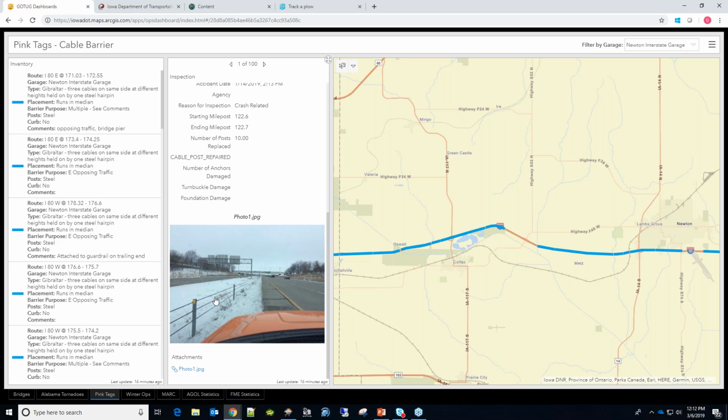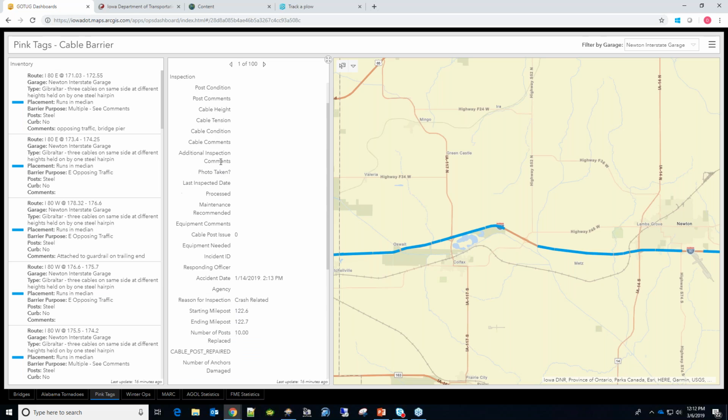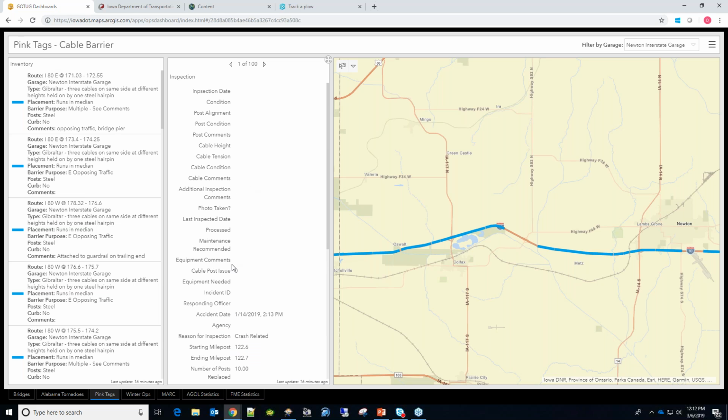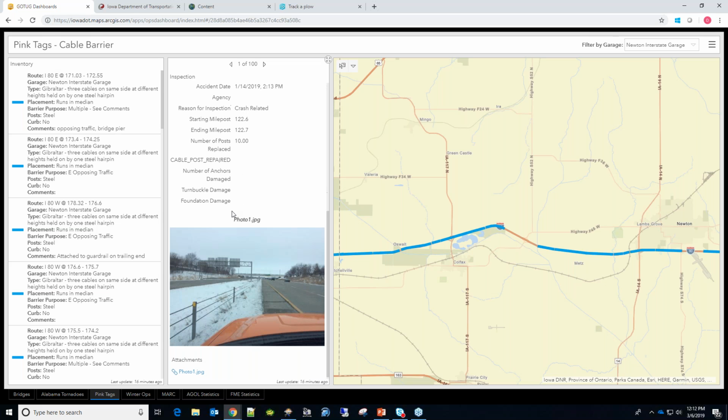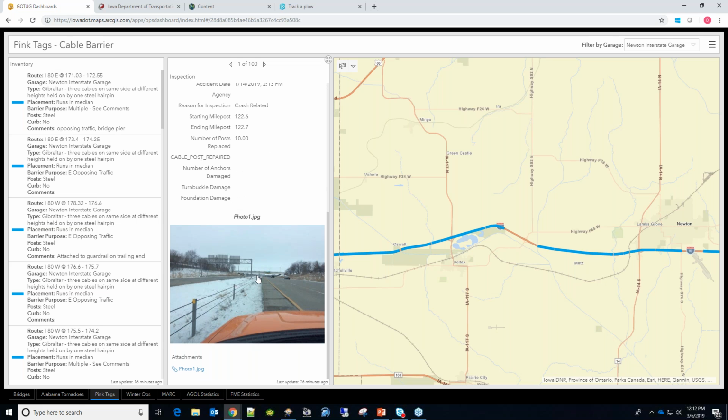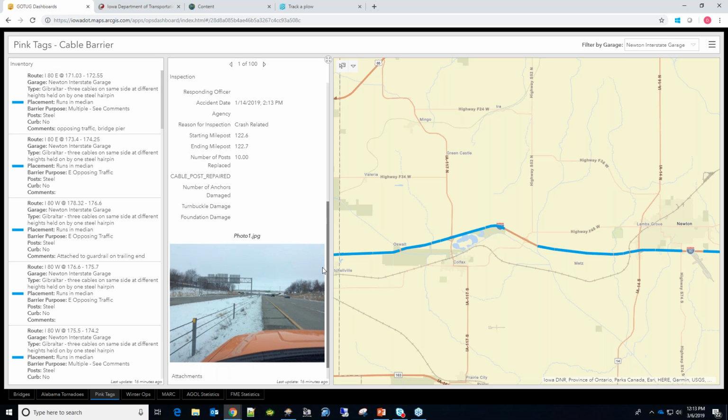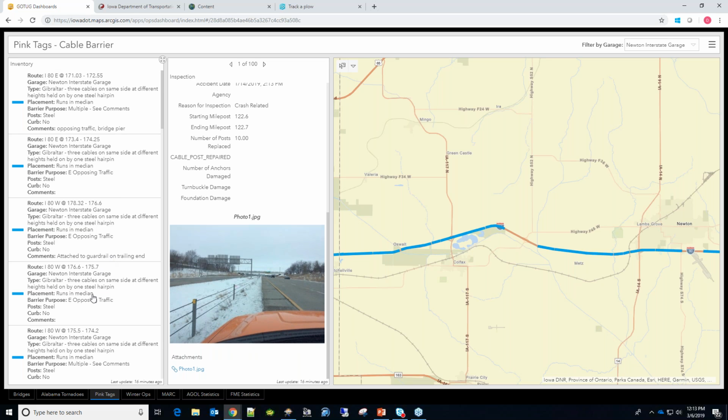Then when the DOT supervisor drives by, they can take photos of it, record it as damaged, and add attribute information. This not only goes back to the supervisors, but also to our claims department to file insurance claims.